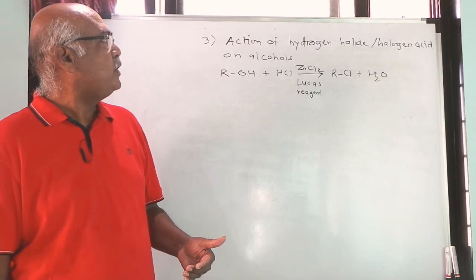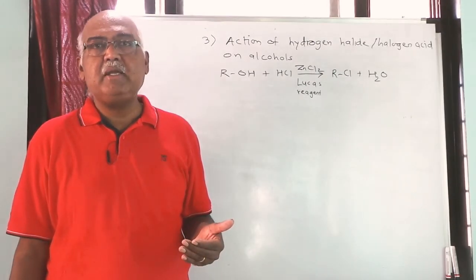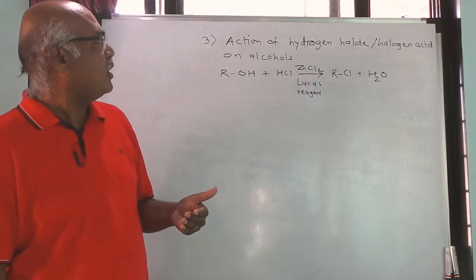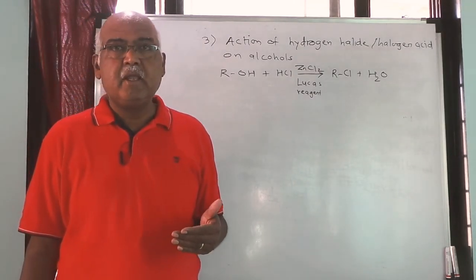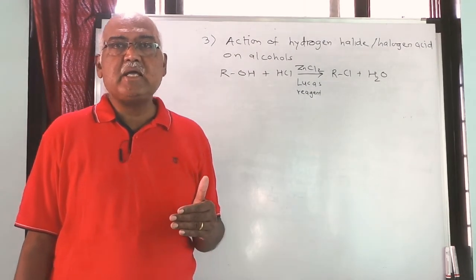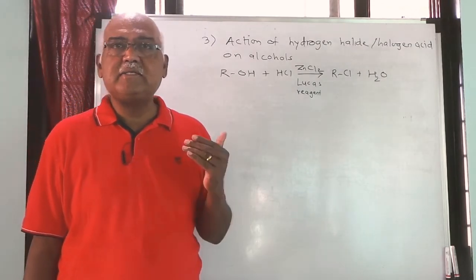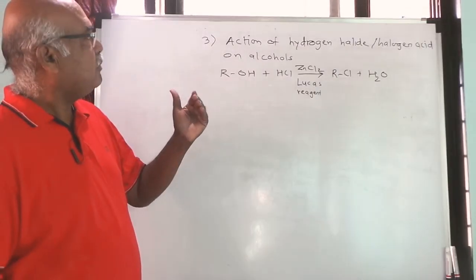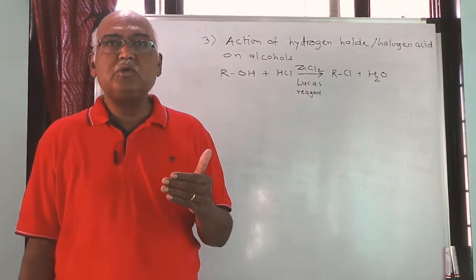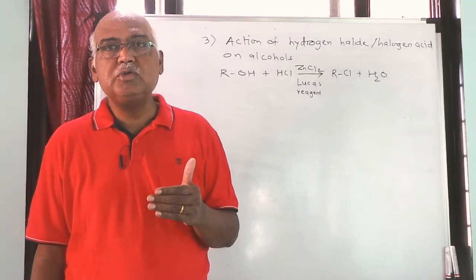When I say hydrogen halide, it is pure and dry hydrogen halide, maybe HCl hydrogen chloride, HBr hydrogen bromide, or HI hydrogen iodide. But when I say halogen acid, it will be an aqueous solution, that is hydrochloric acid, hydrobromic acid and hydroiodic acid. We are going to take both halogen acid as well as hydrogen halide, but then we have to see where we are going to use hydrogen halide and where we are going to use halogen